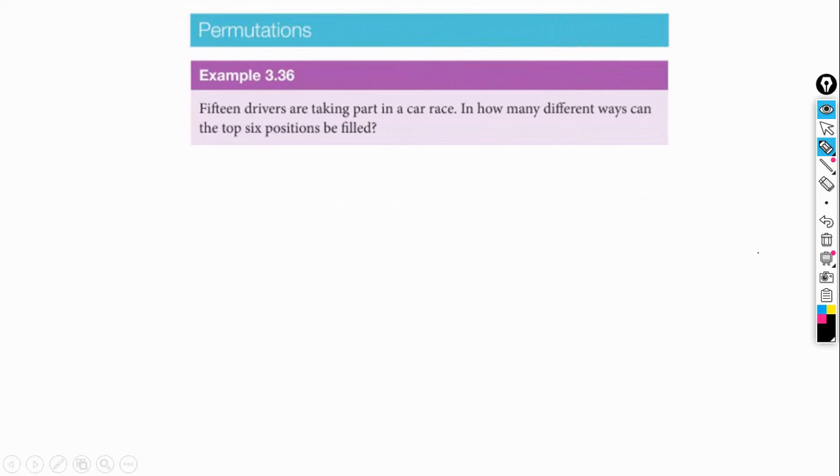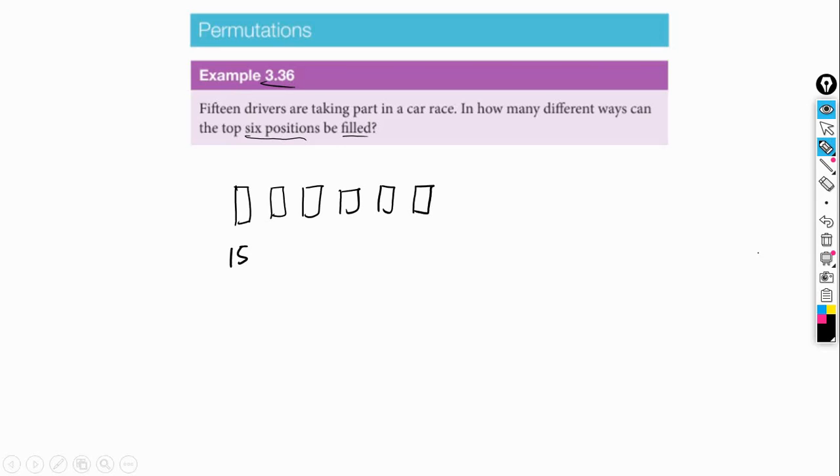So now we have example 3.36, and it says 15 drivers are taking part in a car race. How many different ways can the top 6 positions be filled? So we have 6 positions. So let's imagine that we have these 6 positions. How many ways can the top 6 positions be filled? 15 different ways to fill in the first position, right? But then